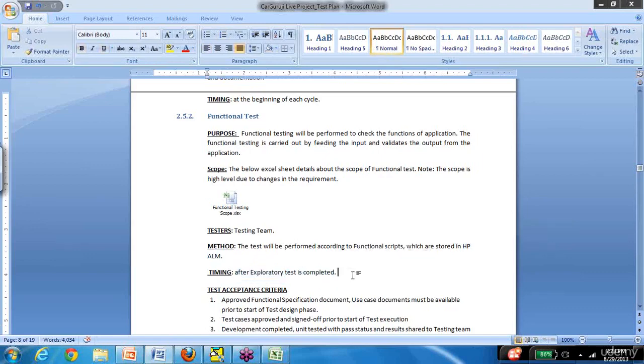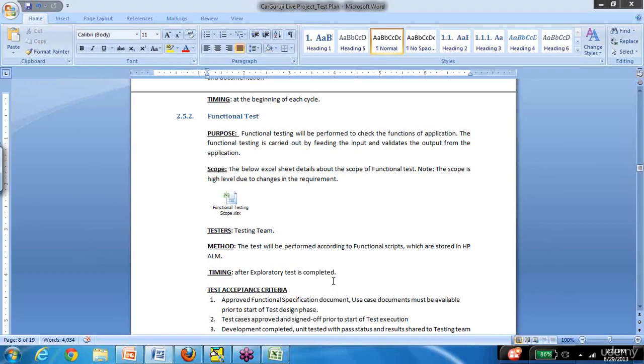So what I want you to note here is the level of detail. It does not leave any chance for any assumptions. The more clearly you document the test plan, the more effectively the execution is going to happen. There is no ambiguity of what to expect from this step. There is no ambiguity about what to test. There is no ambiguity about how you are going to test. There is no ambiguity about who is going to test. So that is the beauty of having a comprehensively written test plan.